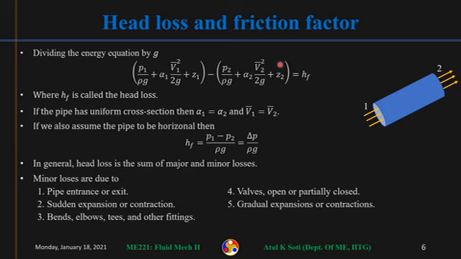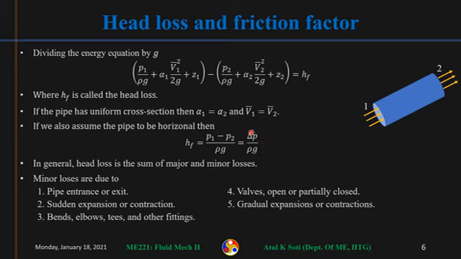Okay, also assume that the pipe is horizontal, so that Z1 is also equal to Z2. So in that special case, what we'll see is that HF is equal to simply the pressure difference, P1 minus P2, divided by rho G. So if we consider a horizontal pipe of uniform cross section, the head loss, that is the decrease in mechanical energy, is equal to pressure drop divided by rho G. So the mechanical energy loss can be directly measured by measuring the pressure drop that is occurring across the pipe as the flow happens.